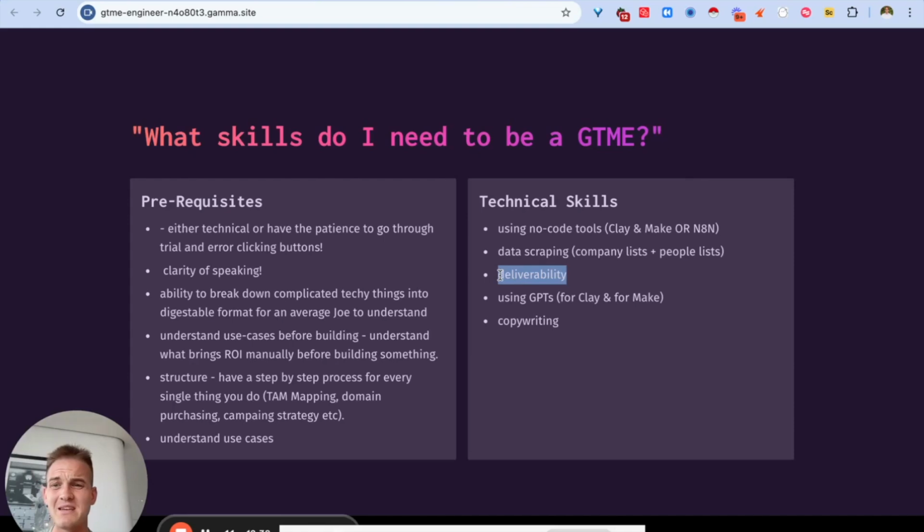For deliverability, once again, people overcomplicate it quite a lot. It's basically just buying a bunch of random domains, warming them up, and that's basically it. Deliverability, I think, is not that complicated if you're taught it the right way, like we're teaching inside of Unlock Clay already. But in simple terms, it's a super important technical skill that you need to be pretty good at